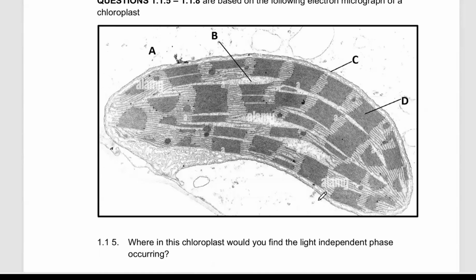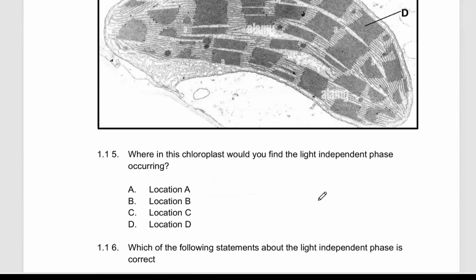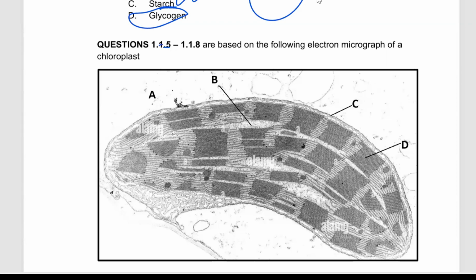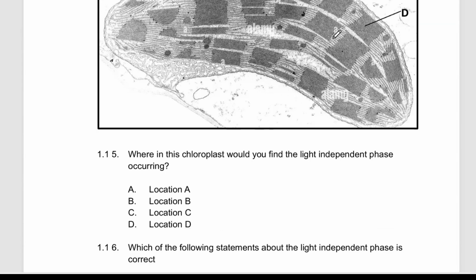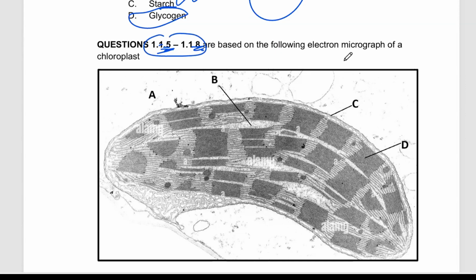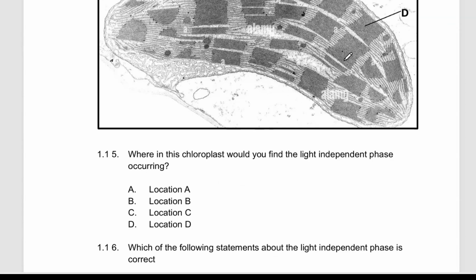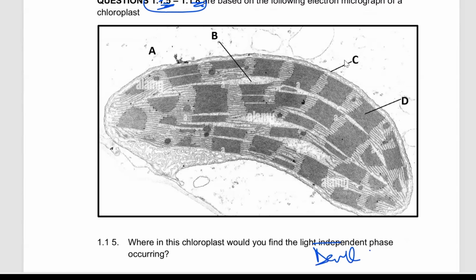So we have the structure of the chloroplast here. Where in this chloroplast would you expect to find? So even this question is showing you that from 1.15 to 1.18, we're supposed to answer based on that. They're saying, where in the chloroplast would you find the light independent phase occurring? Light independent, meaning that this is the dark phase. We see that these are the grana,